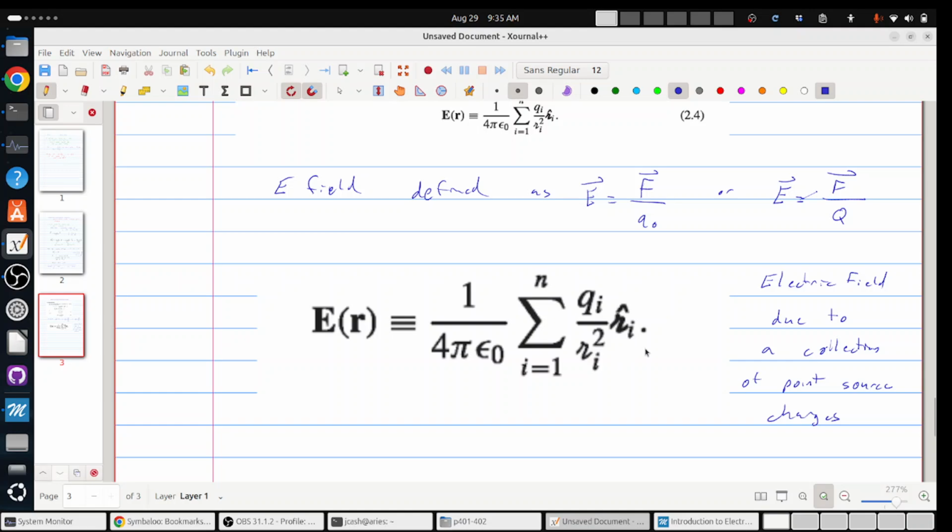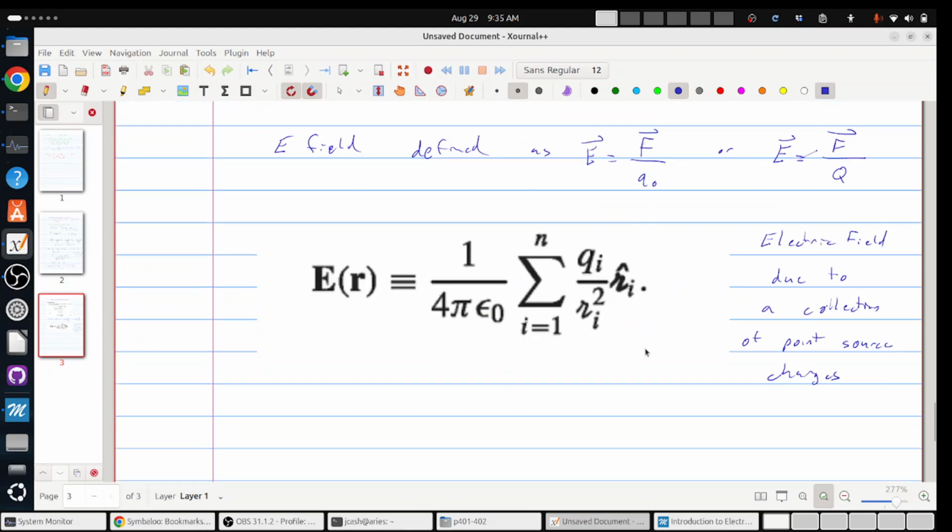And so these separations are for a particular field point. Yeah, and so this is going to